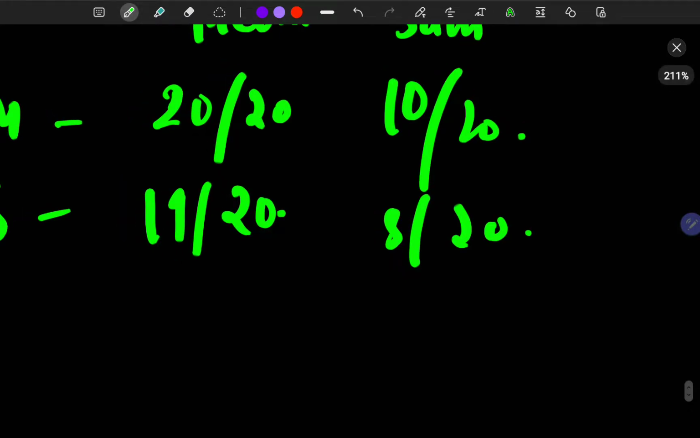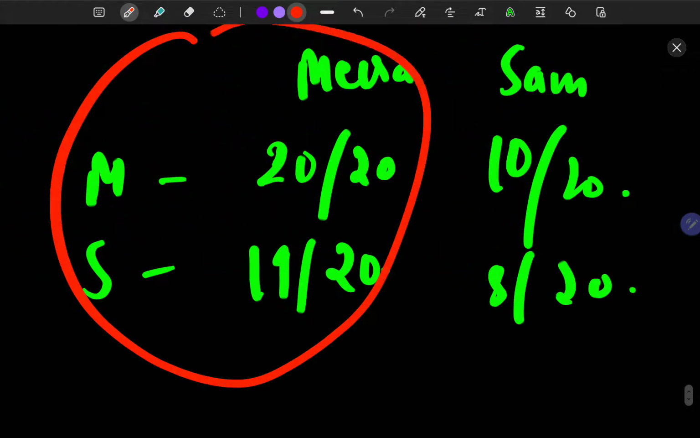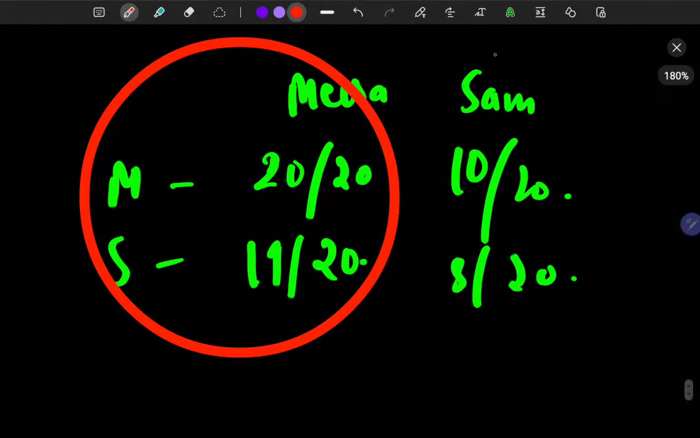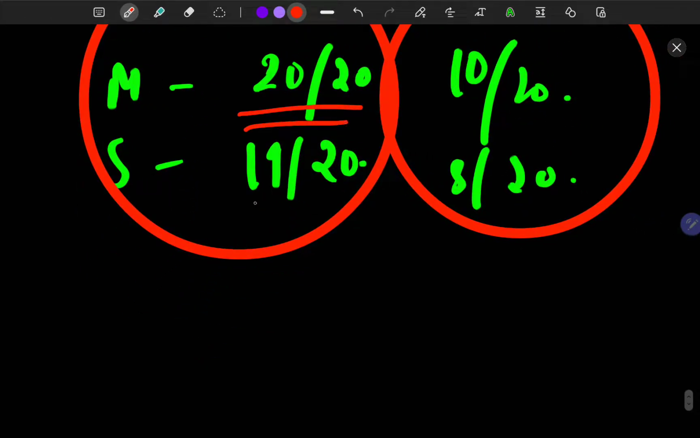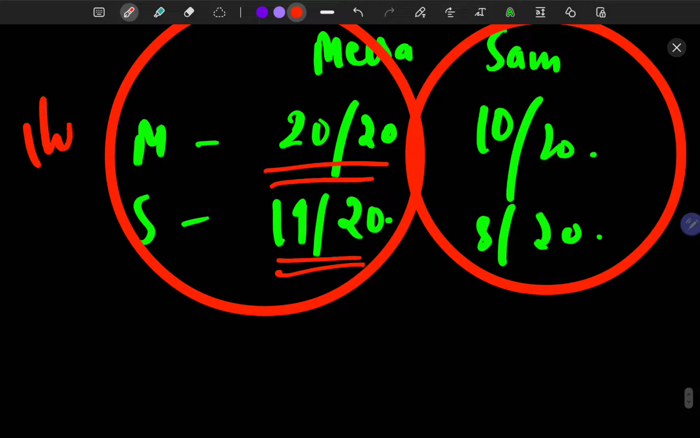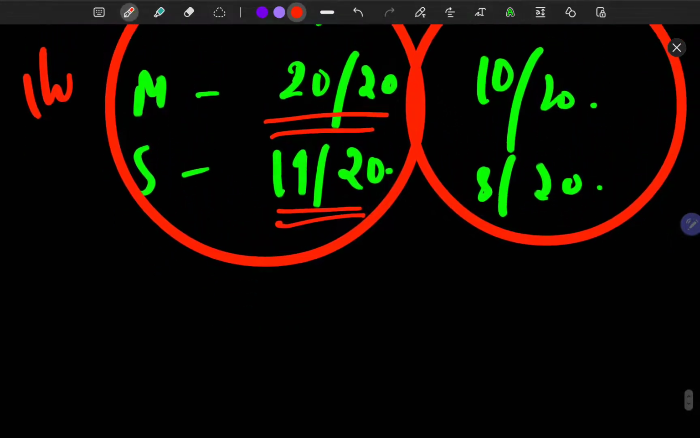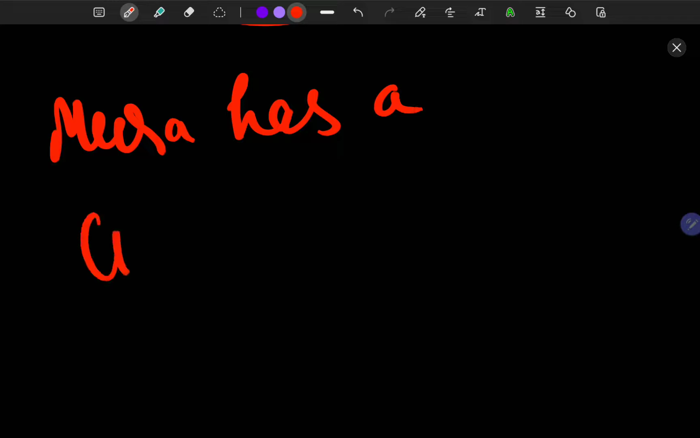Now just see that Meera is performing well in both the subjects and Sam is not performing well in both the subjects. When we say that Meera is performing well in both the subjects, in which subject does Meera have a comparative advantage? In maths the score is 20 and in science only 19. So although Meera is performing very well in both the subjects, you can note it down somewhere: Meera has a comparative